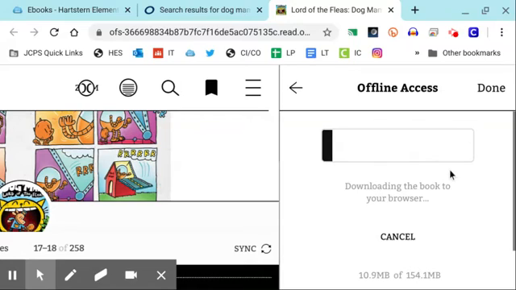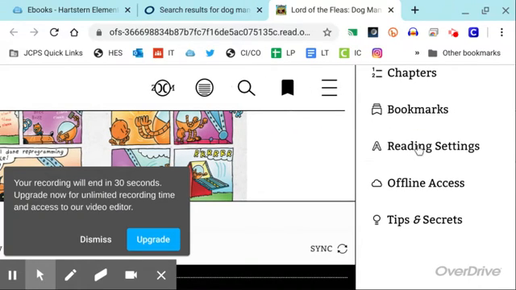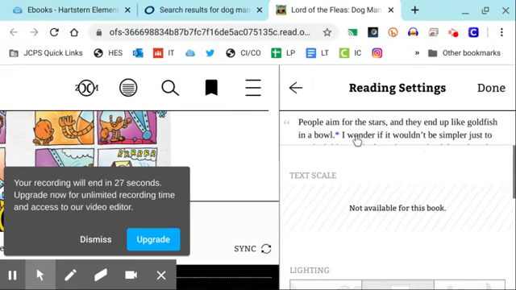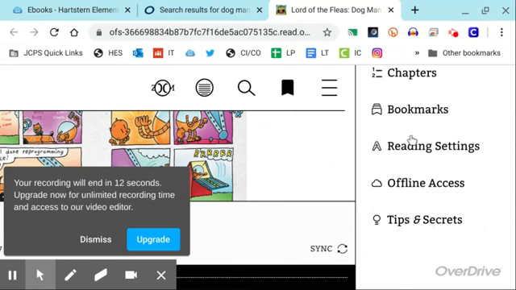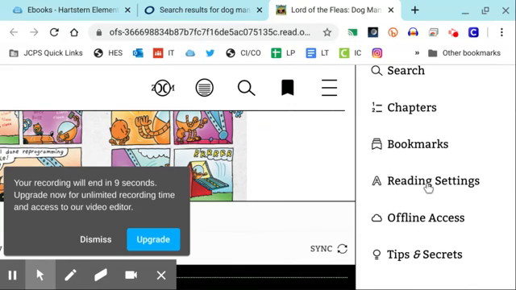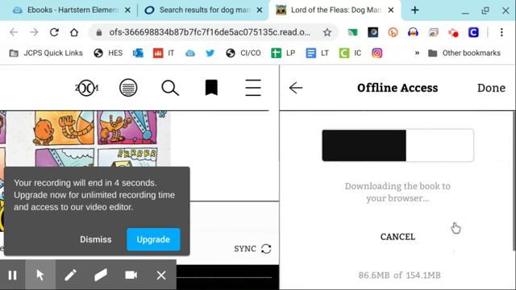Okay, and it might take a little bit to download. So while it's doing that, I'll show you some other features. So reading settings: for some of the books, it says it's not available for this book, probably because it's a graphic novel, but for some of them, you can actually change the size of the font and make it bigger or smaller. This one won't allow us to do that. But there's a lot of different features that you can use with these ebooks. And like I said, if you don't have internet or don't want to use data, you can download it to your device and still